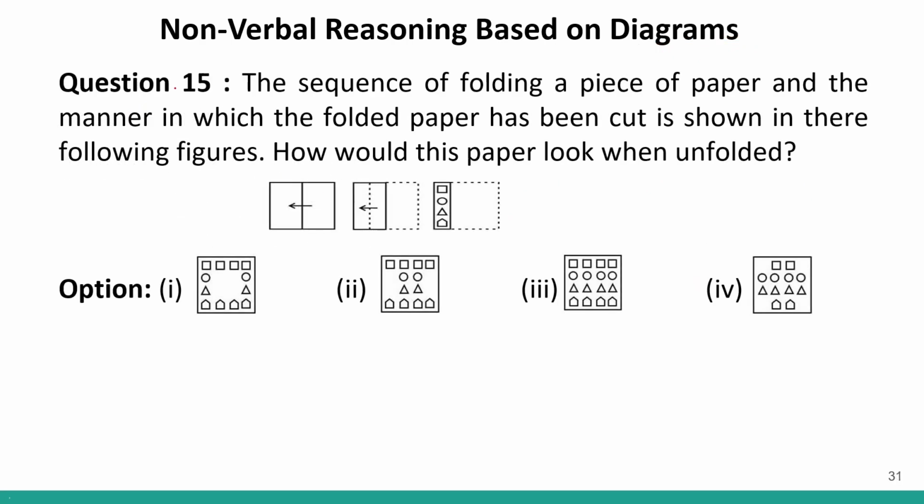Now, question number 15, this is again a paper folding and cutting question. Over here, the paper was folded in half in this direction, then again in half in this direction. So whatever comes here, when I open it, it will be here inverted. So here we'll have this, this, this and this. There is no inversion. Then I'll open this. That means again we will have this and again we will have this. So I'll get something like this, and this is given in option number 3. So option number 3 will be the correct answer. This was a very easy question on paper folding and cutting.